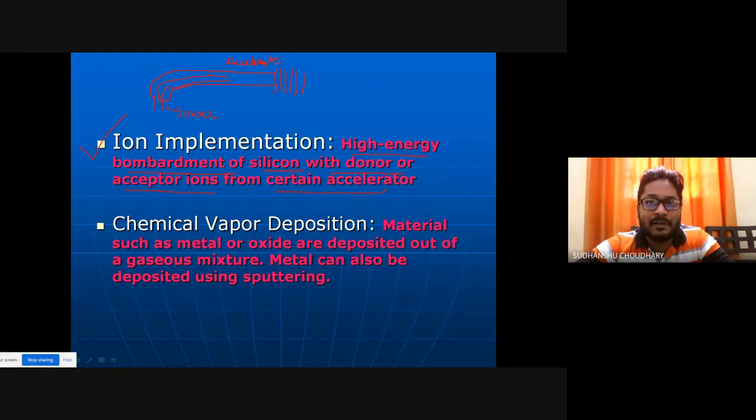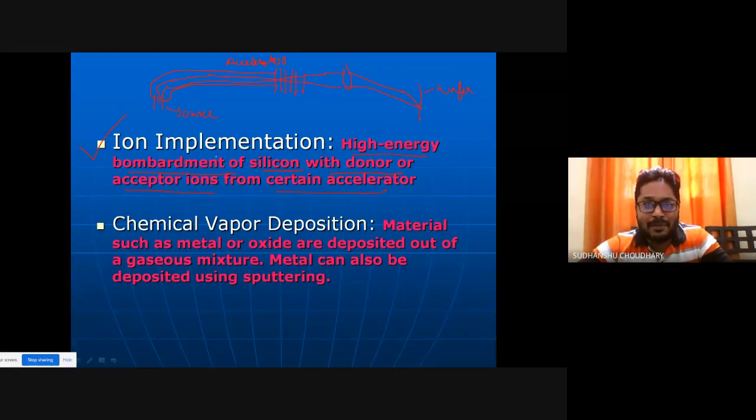So you have an accelerator over here, which will further accelerate the ions. These ions will go towards the accelerator, and then again they will be accelerated, and then this ion beam will be converged by some lens or something, and they will be converged to a wafer. Maybe a wafer is sitting over here. Let's say this is my wafer. So the ion beam is bombarded over the wafer, right, using this ion implantation technique.